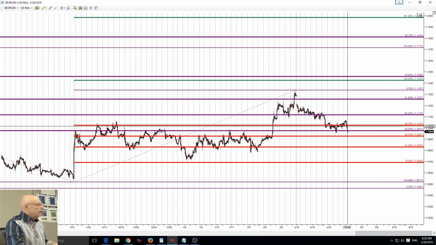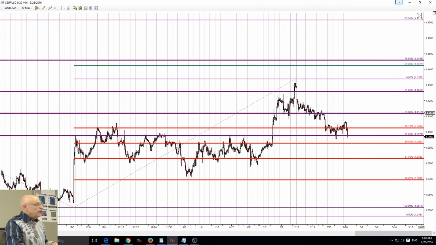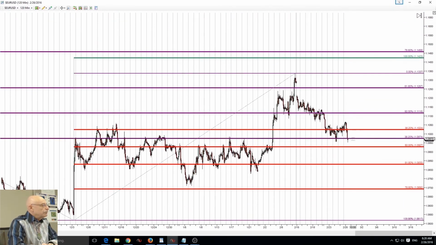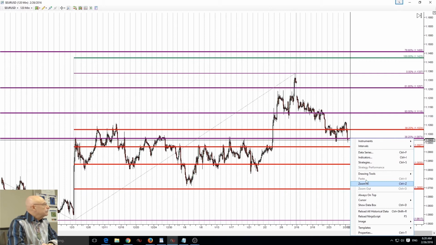First level is broken on the downside, so we head into that level. So what we're going to do, no matter how high we go, we already broke, by the way, that level. So what we're going to do, we're going to